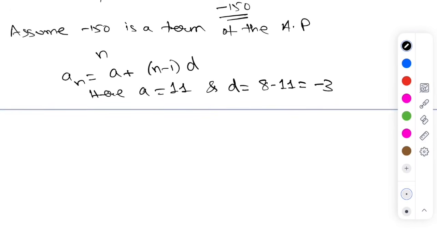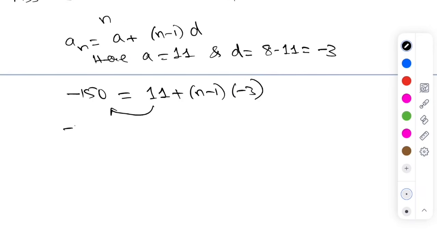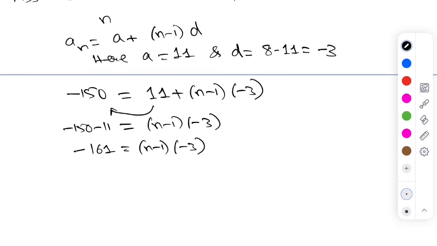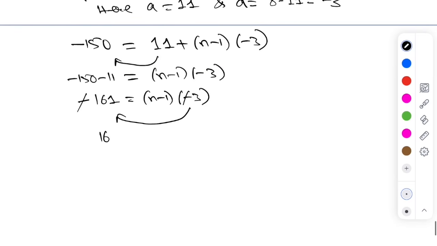So substitute this. We have minus 150 is equal to 11 plus (n minus 1) into minus 3. Let us solve for n. The 11, if I bring it this side, becomes minus 150 minus 11 is equal to (n minus 1) into minus 3. Minus 161 is equal to (n minus 1) into minus 3. Minus gets cancelled. The 3, if it comes this side, becomes division. So 161 by 3 is equal to n minus 1. n is equal to 161 by 3 plus 1, which is